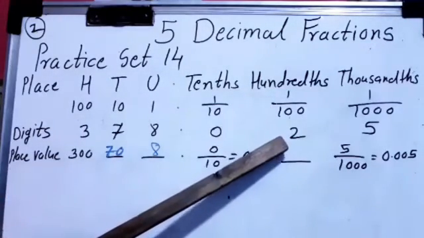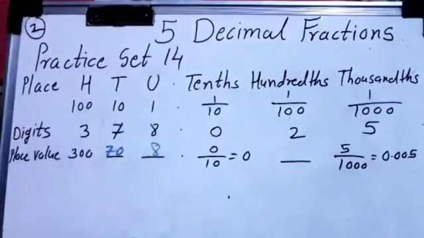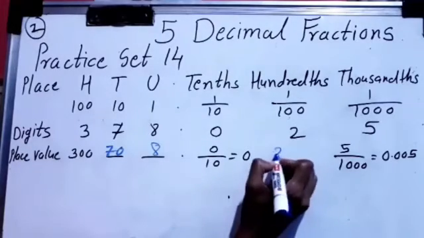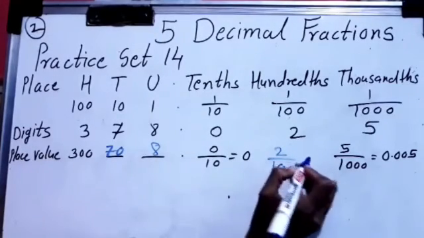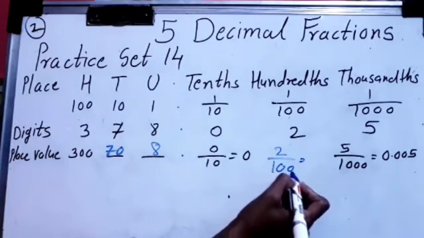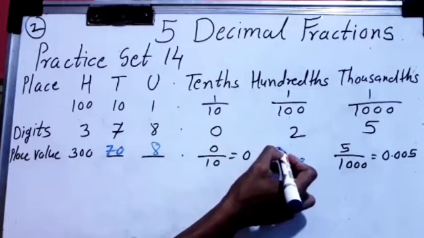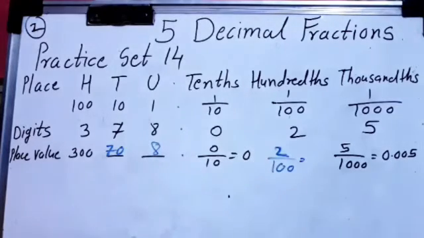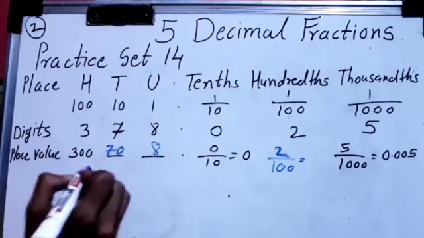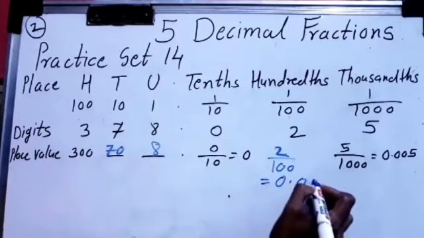Now 2, what is the place here? What will be the place value of 2? Here, how to write that? 2 upon 100. So how do we write 2 upon 100? Earlier, in the kilogram and gram example, we converted kilogram to gram. In the same way, on the 1, how many zeros are there? 2. So you have to move back 2 digits. Here only one digit is present in the numerator now, so the second digit is not there. So what do we have to do? You have to put a 0 there. Here I will write 0.02.